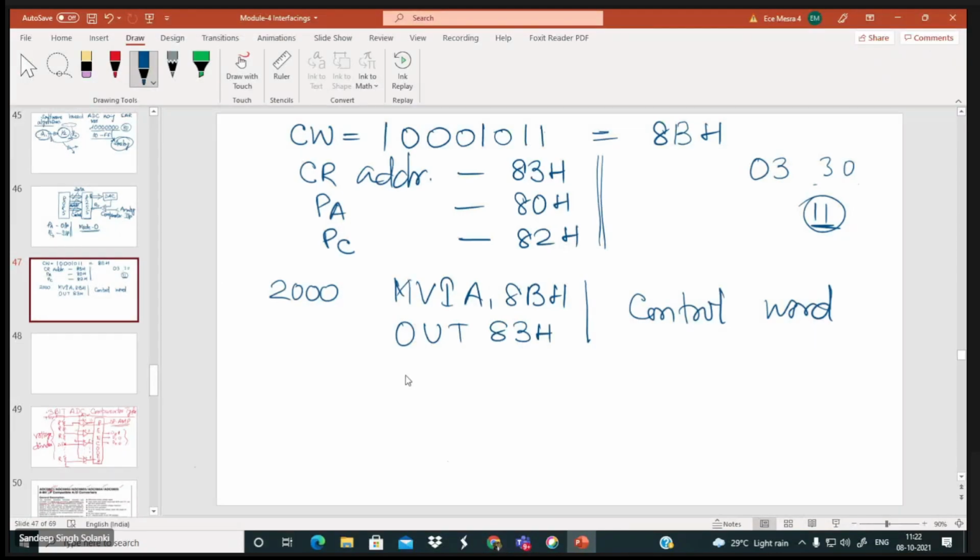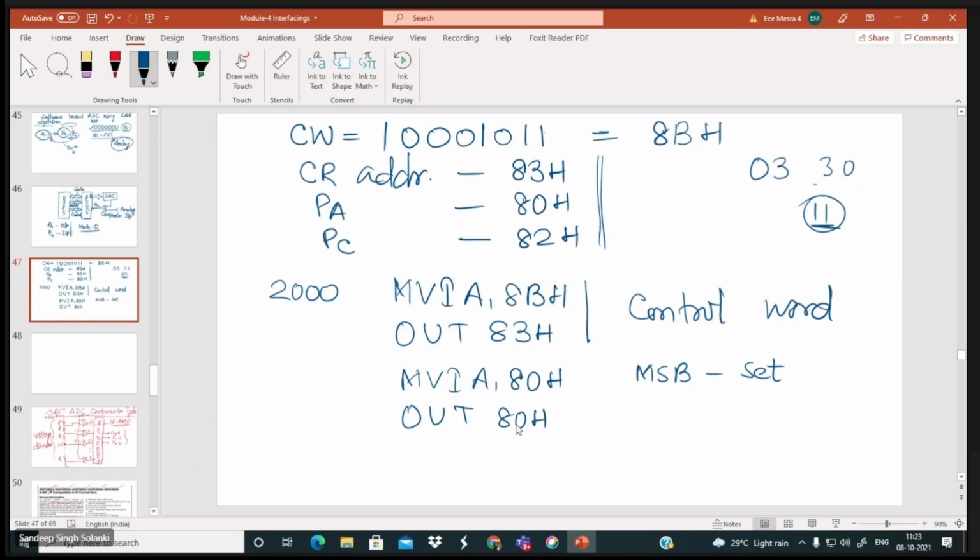So it is left to you how you start. I can have the accumulator itself, MVI A, 80H. So here what I am doing is setting the MSB, and after that I'll just send it out on the port A,